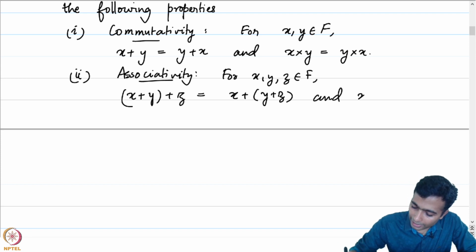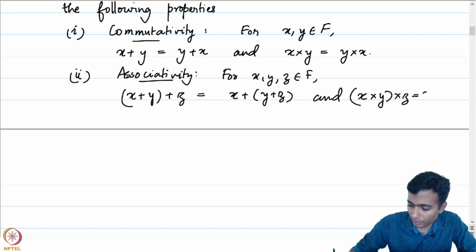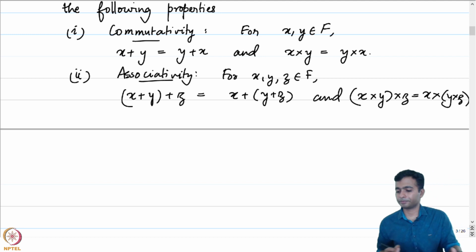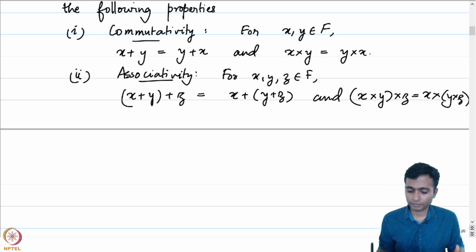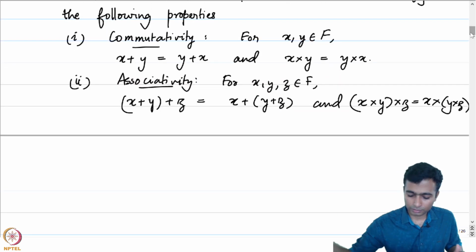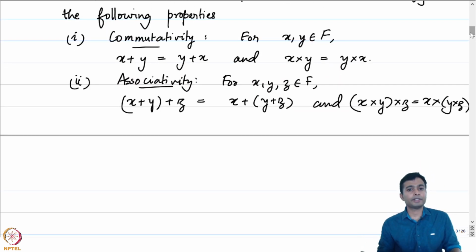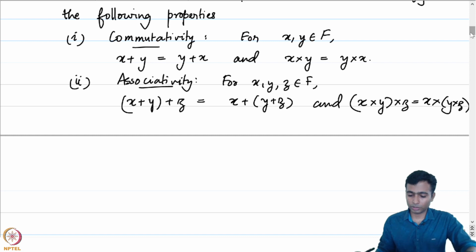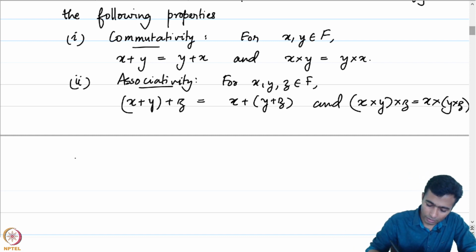Similarly, x times y, times z is equal to x times, y times z. Associativity is a property which holds for both addition and multiplication. The third property